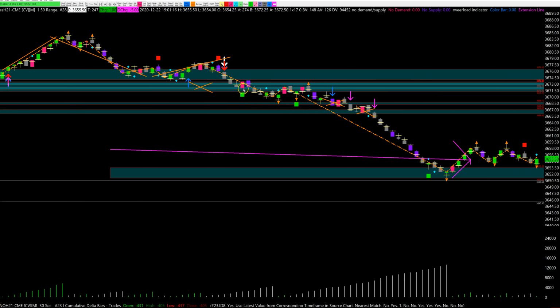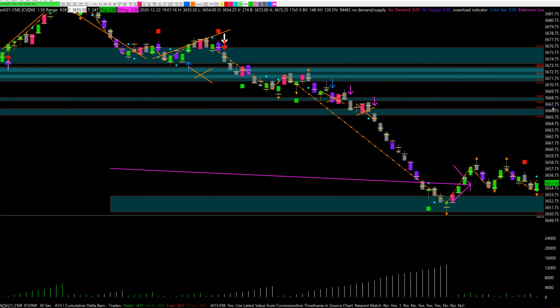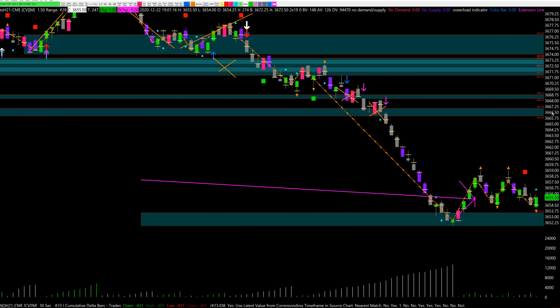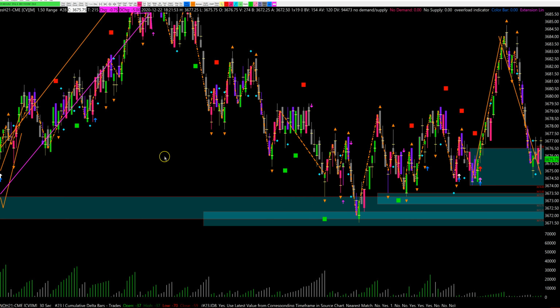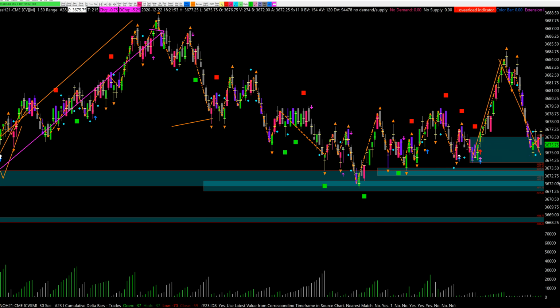I want this pink bar. This pink bar tells me that offers have been lifted in that particular bar, and I want that bar to either be a hammer, so it would look like this, right? I either want that pink bar to be a hammer, or I want the pink bar to look like